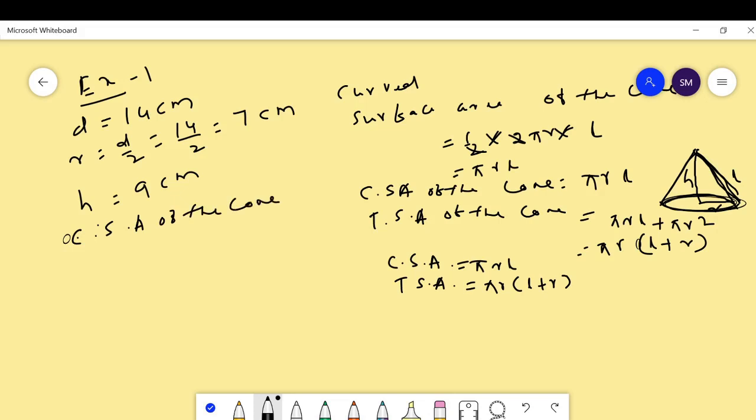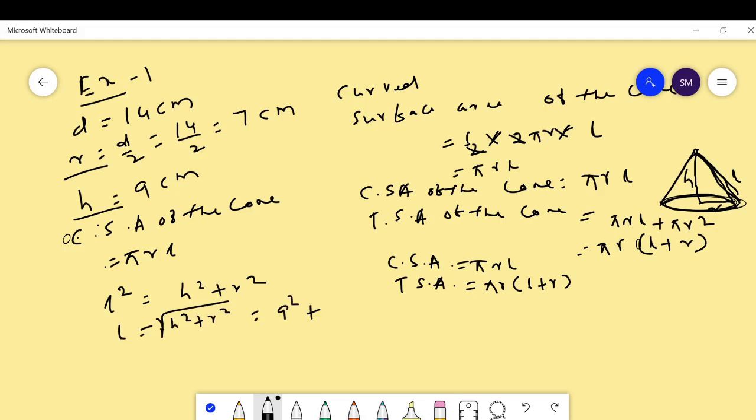The curved surface area of the cone is pi r L. Here we know H and R. Recall the relation: L square is equal to H square plus R square. Then L is equal to the square root of H square plus R square. Then by applying this, L is equal to the square root of 9 square plus 7 square, which equals the square root of 81 plus 49,